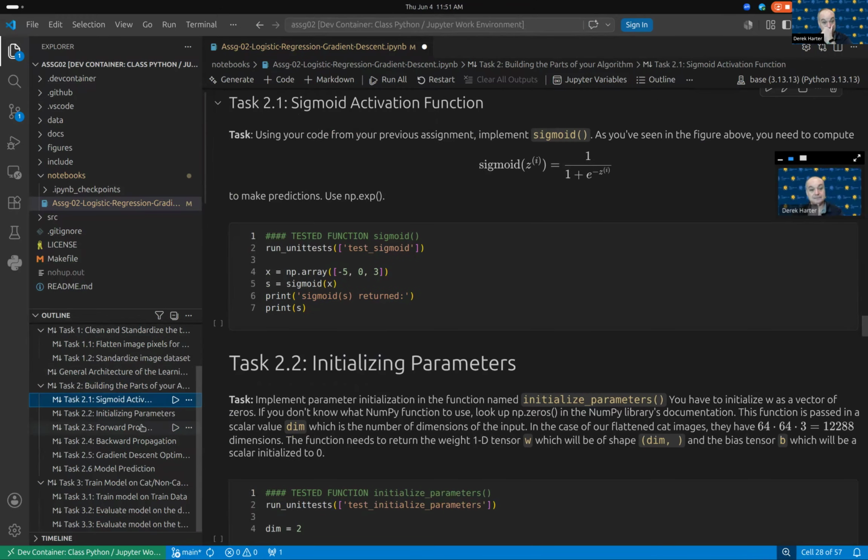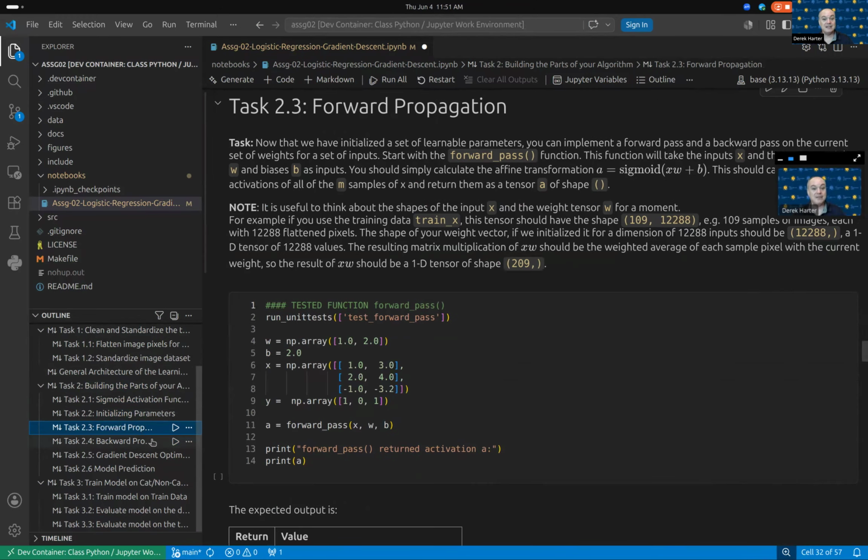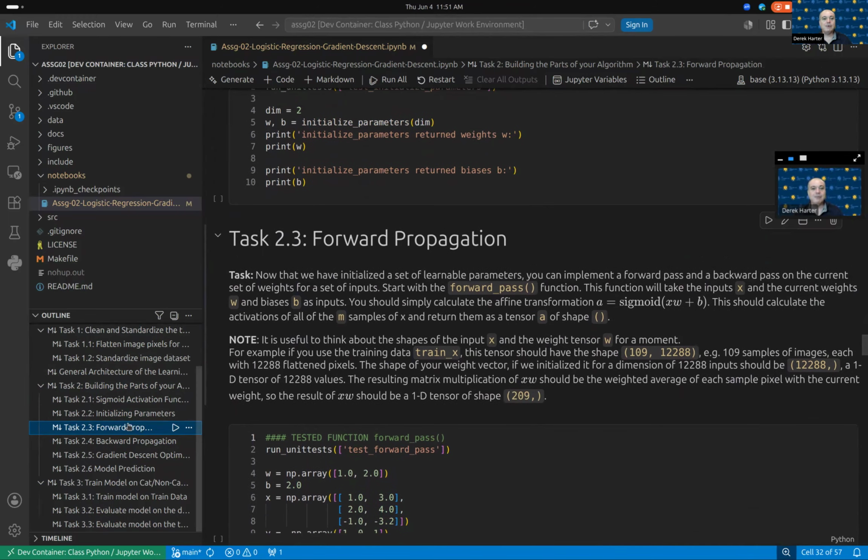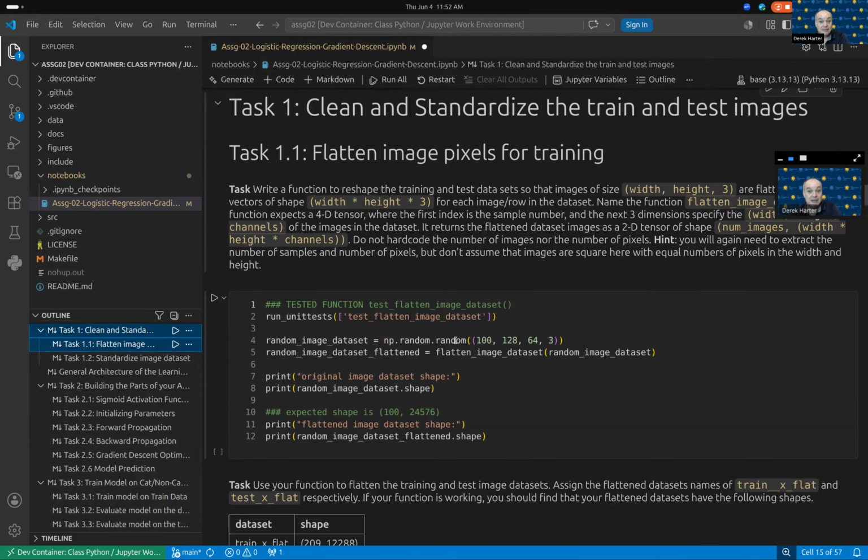Anyway, so back to this assignment. I won't say much about this. Hopefully, it's relatively easy. We are doing a simple classification with the data set that we give you for this assignment. The first task is to load it and do some warm-up exercise to flatten it and standardize the images from the data set that we're using here.